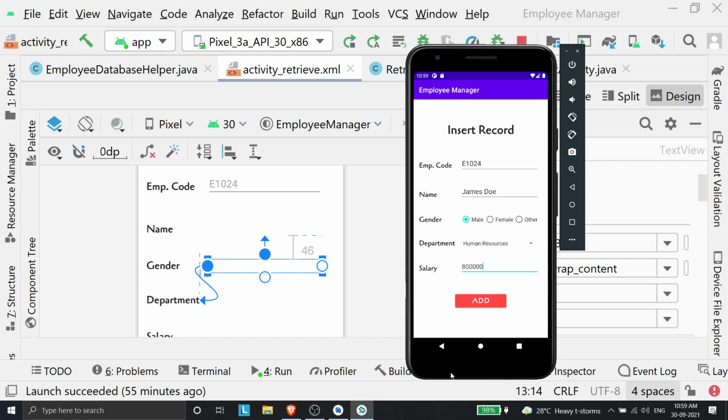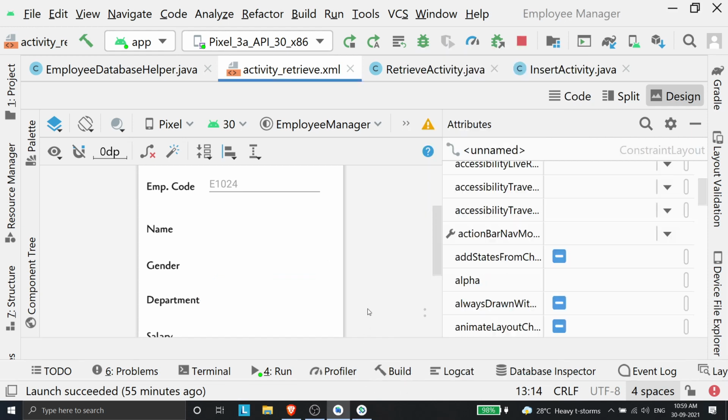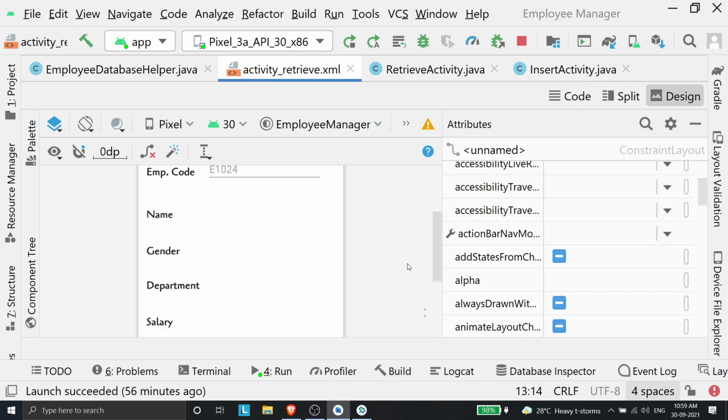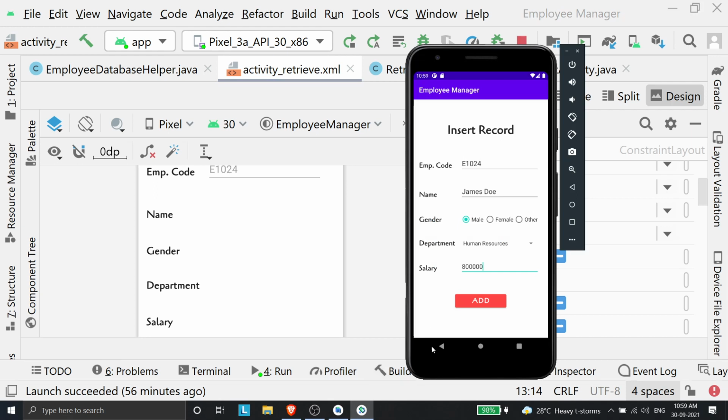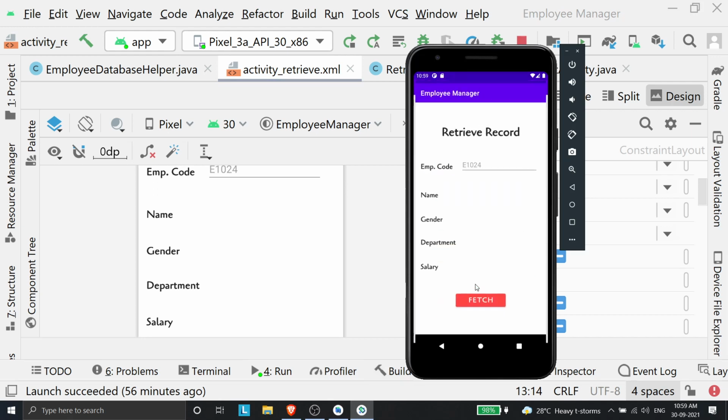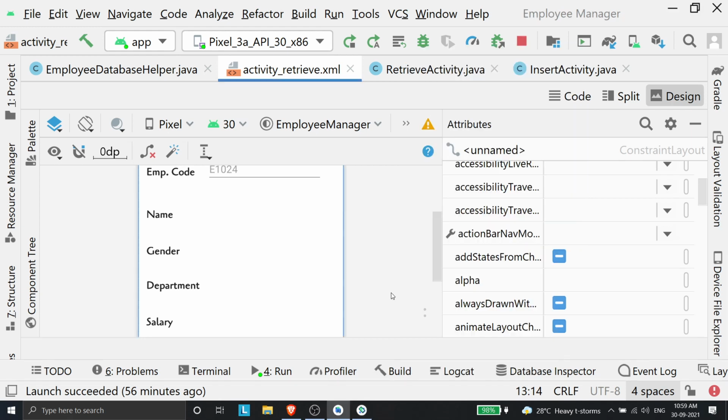So that's it for insert record. One cool thing about using the Android Studio IDE is if you want to visualize the database, like here you need to manually insert. I mean, you need to write a function for retrieve and then define all this logic to fetch a record, right? What if you want to just view the tables alone? Like if you want to query the database directly without using any of these things, there is something called a database inspector, which is basically an application inside your Android Studio IDE.